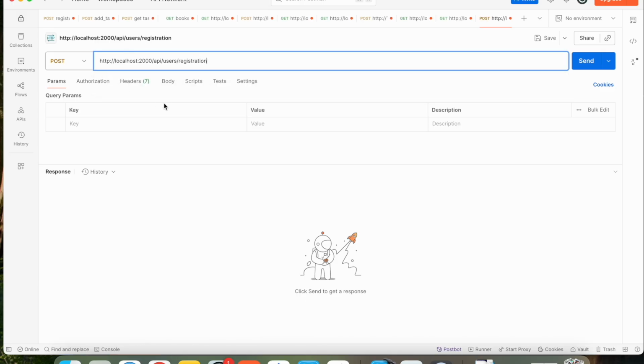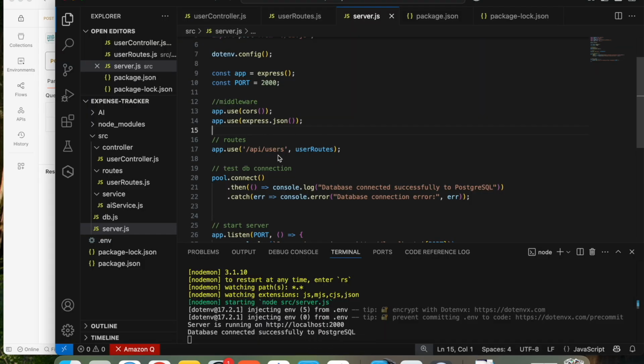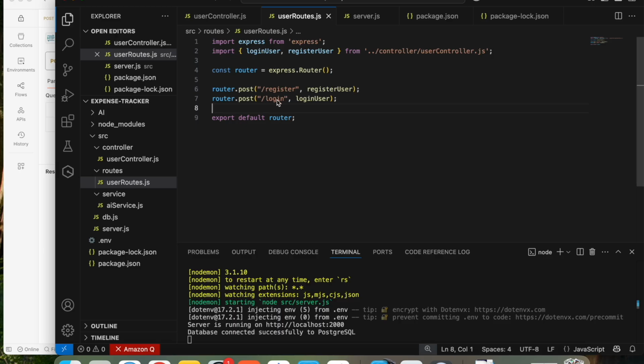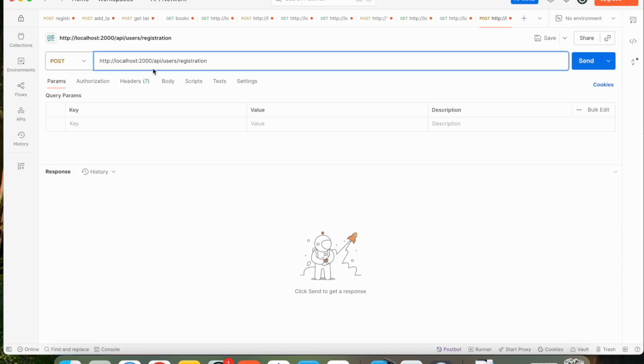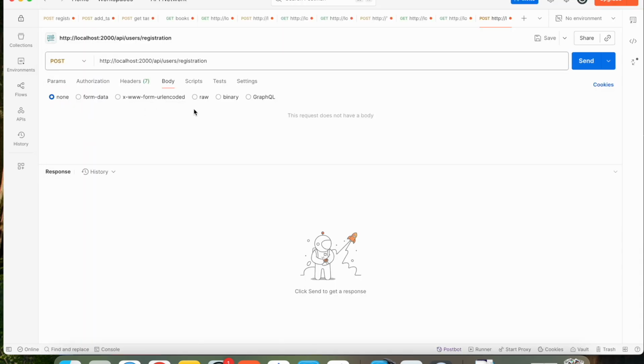So first one is registration. Registration is a POST method. If you see here, registration is a POST method, login is also a POST method, and in our registration we need name, email and password, right? So go to our body, in raw, use JSON, and here first of all